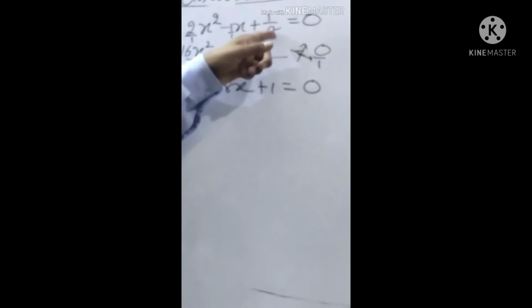So this is the quadratic equation in standard form, ax square plus bx plus c equal to 0. Now you make the factors. If any fraction comes in the equation, then you will take the LCM. So in the same way, see the fifth part, in this form you can solve it yourself.